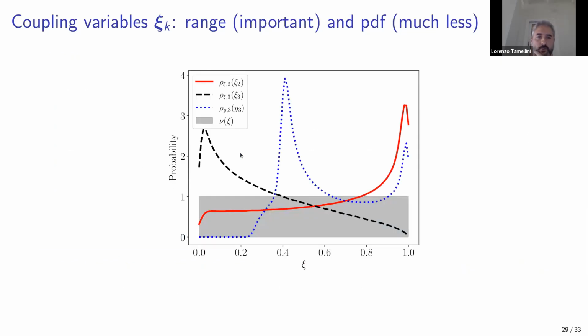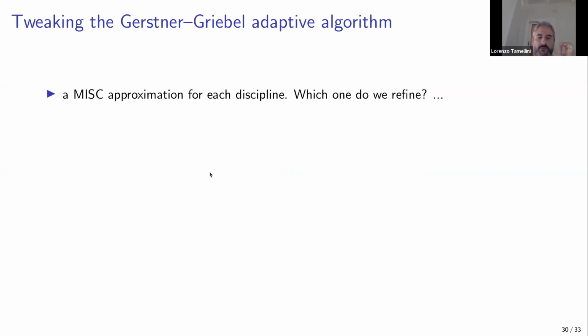So again, we would be replacing PDFs like the black or the red with the gray PDF. Of course, approximating a peaky PDF with a constant PDF has a price. The peakier the PDF, the larger the constant in that theorem becomes. But now what we do is MISC on each discipline, assuming that the coupling variables have uniform distribution. So now it's a matter of choosing not only how to refine the disciplines, but also